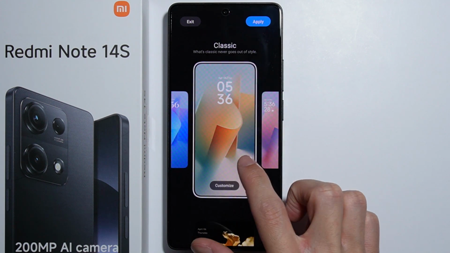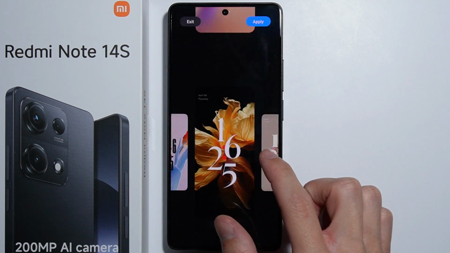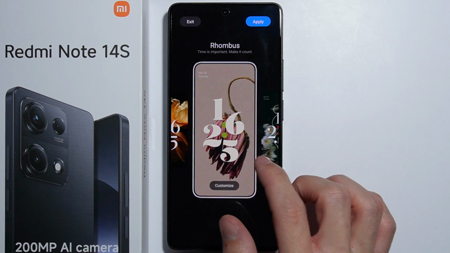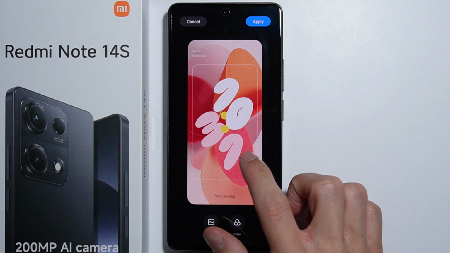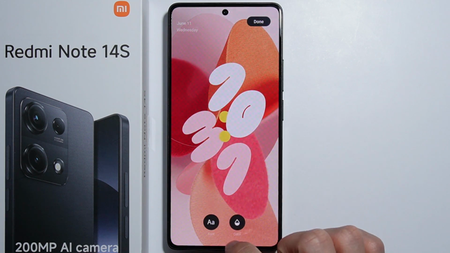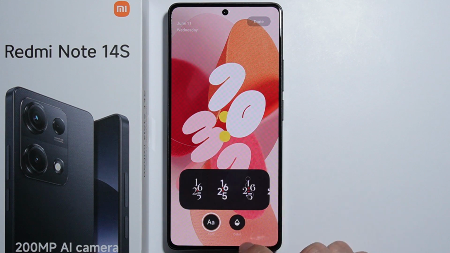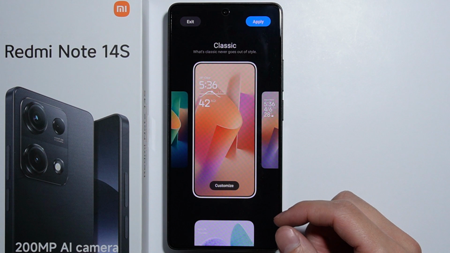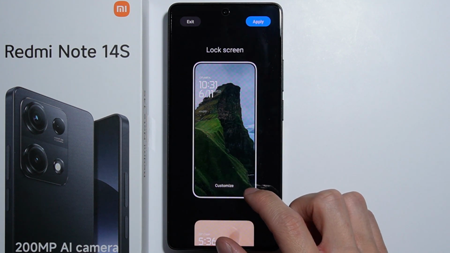As you can see, here are a couple of different styles available. You can also take a look at this one. This is also pretty nice right here and is different. You can go for this clock style, you can edit it and take a look at all of these fonts right here. So yeah, you can either select from these pre-made lock screens right here,